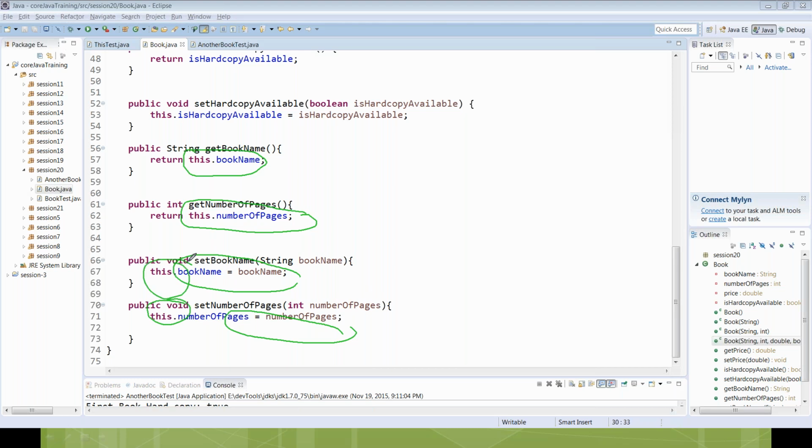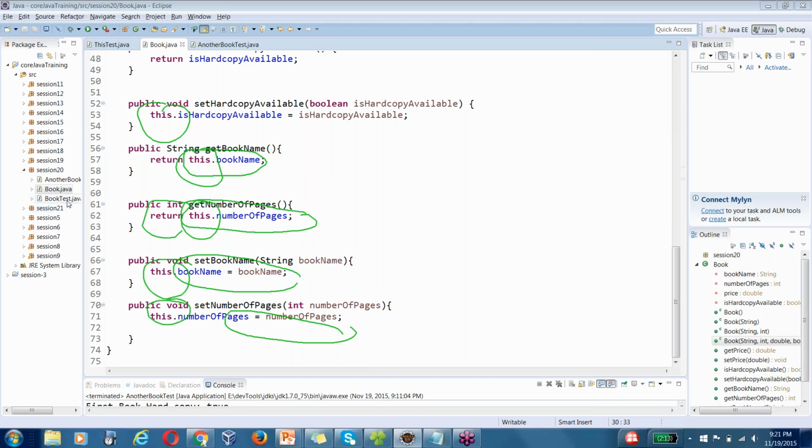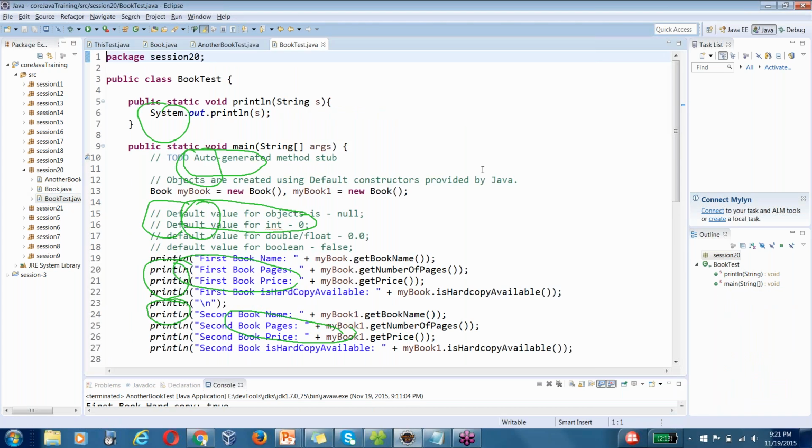This, this, this. Whenever I'm calling that method, right? So whenever I'm calling the particular method here,